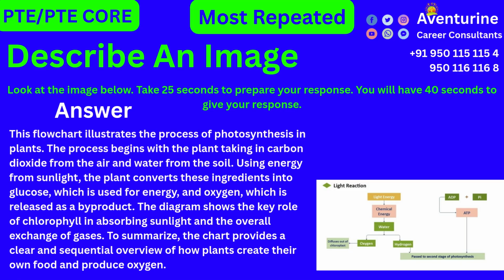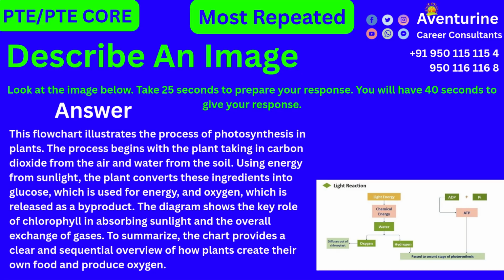This flowchart illustrates the process of photosynthesis in plants. The process begins with the plant taking in carbon dioxide from the air and water from the soil. Using energy from sunlight, the plant converts these ingredients into glucose, which is used for energy, and oxygen, which is